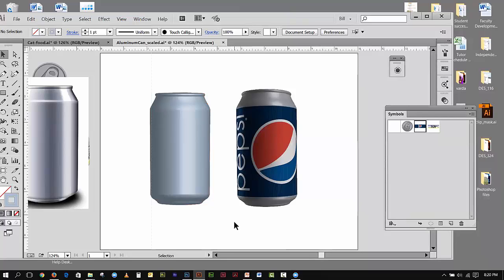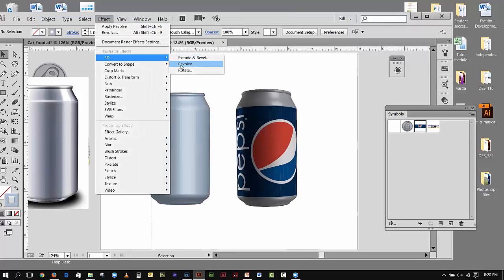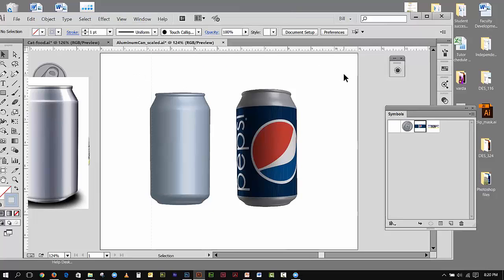Now, the big trick of this was in drawing that profile. That was the big trick. That was the hardest part of this. Creating this thing was nothing. All I did, literally, was go into Effect, 3D, Revolve, revolve it, and put it on a front perspective. It's really simple. The great thing about this is now I can select this again